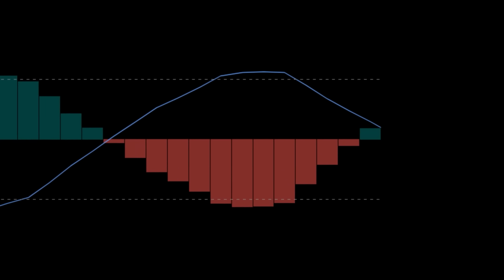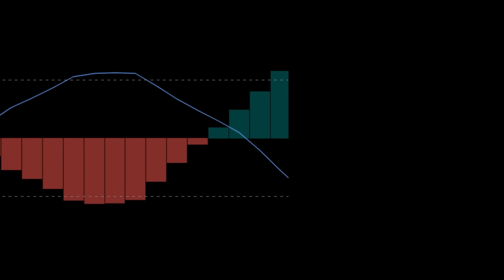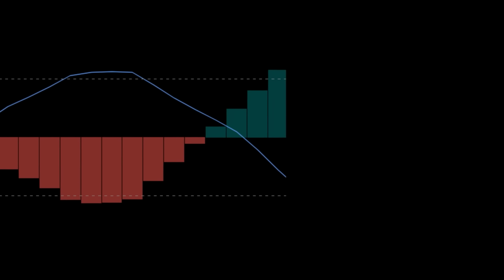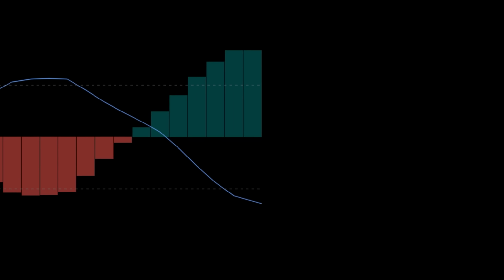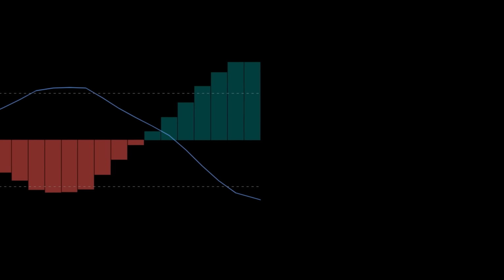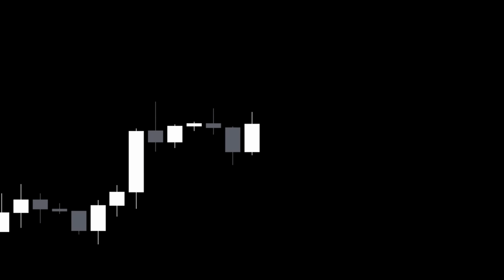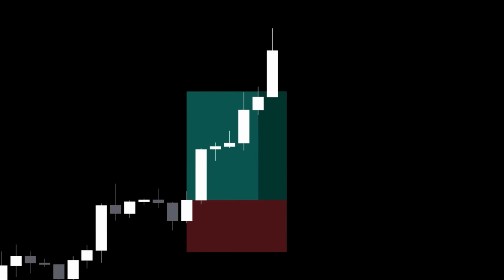We need additional confluence. First, we want to see the proximity line sloping downwards and dropping below the midpoint. This suggests the market is gaining momentum and that price is hugging the faster moving averages. Second, we need to confirm that the teal columns are still making higher highs. If they begin to flatline or decline, that's a warning sign. Once both conditions are met and a bullish candle forms, that's our entry trigger. At that point, we can take a trade with stops placed just below the candle and aim for a 1-to-2